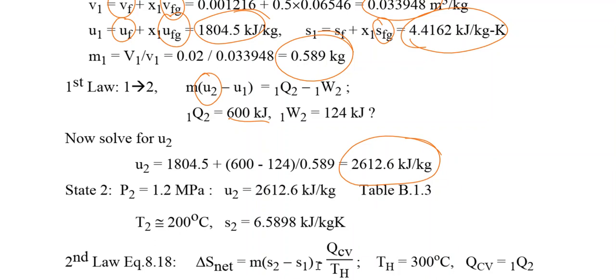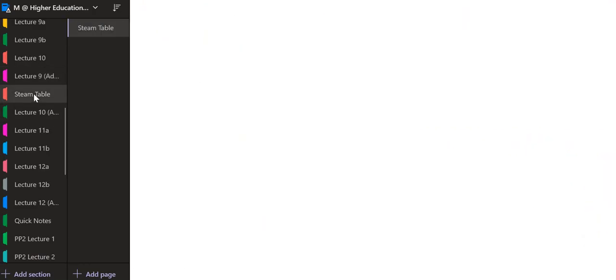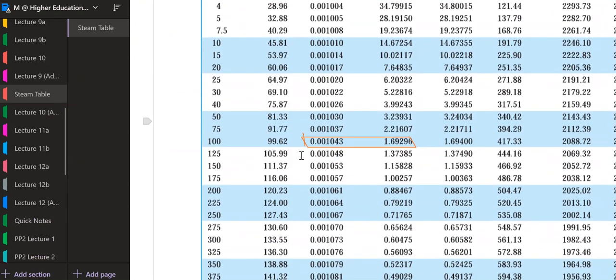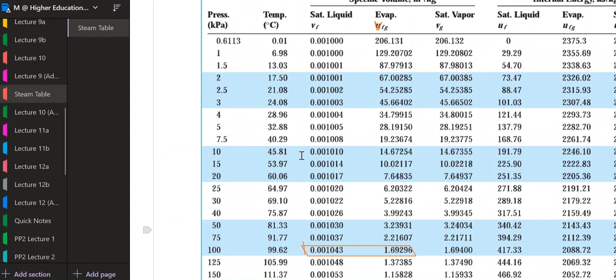Using the saturated table again, let me find out the values of Uf and Ug. If my value U2 is less than Uf, I'm in the compressed region. If my value is greater than Ug, I'm in a superheated region. So let me check at the pressure 1.2 megapascal. I have to go to the saturated steam table. 1.2 megapascal is not given over here, so it is either